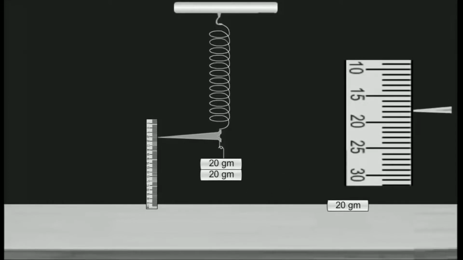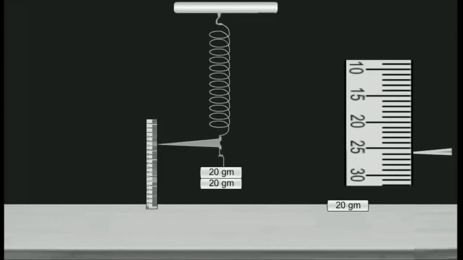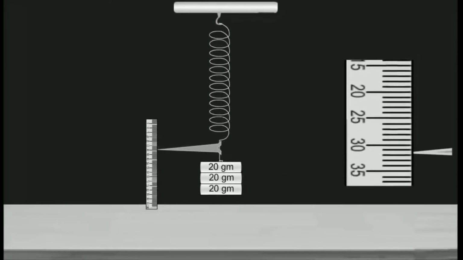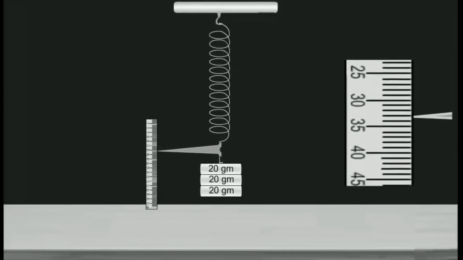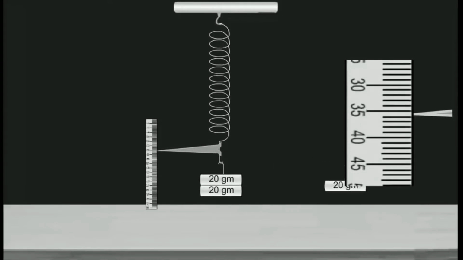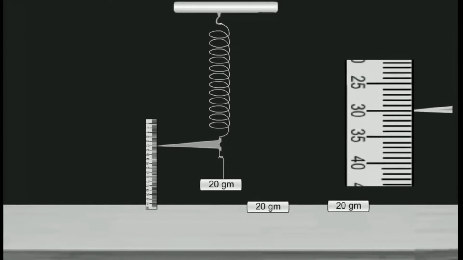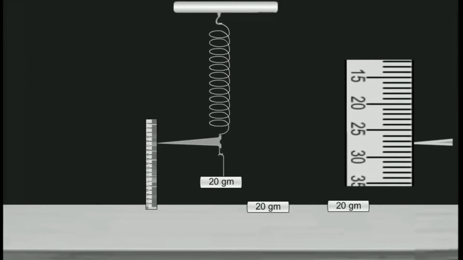Then next, again attach the second weight. The pointer goes down. Note down the second reading. So here we are observing that it is nearly 28. Now attach the next one. So we are observing that the readings increase for every increase in the weight. Now we are decreasing the weight, and again note down the readings for the decreased weight to just verify our answer.